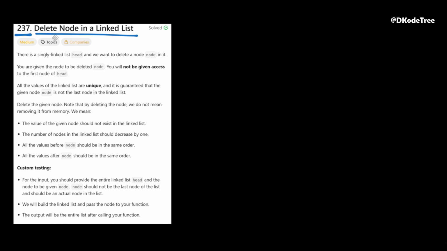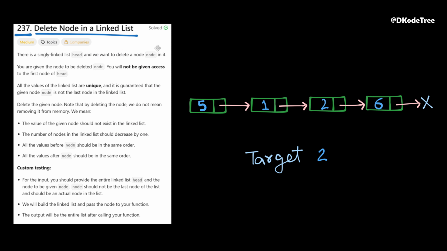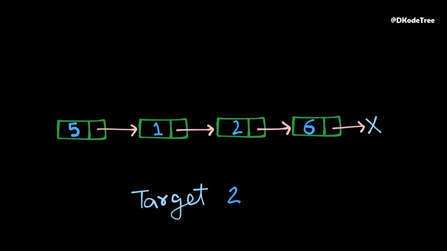This problem is simple enough, but it can trip up a lot of people because of a few easy to miss details. That's why I decided to cover all those key points in this video so that you don't miss any of them. Suppose this is a linked list given and we have to delete the node having value equal